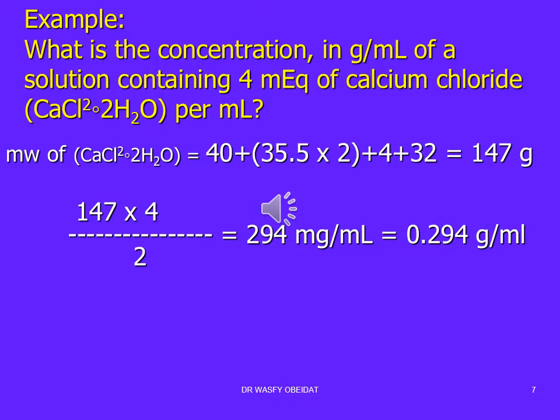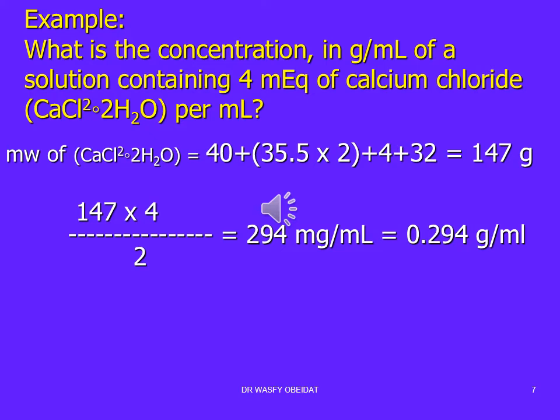To solve this problem, we should first know the molecular weight of calcium chloride. It is not given in this question, but we can simply calculate the molecular weight. Since it is an additive property, we just add the atomic weights of calcium chloride, and also we add the molecular weight of 2H2O. So the molecular weight is calculated to be